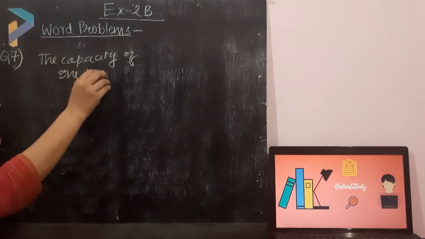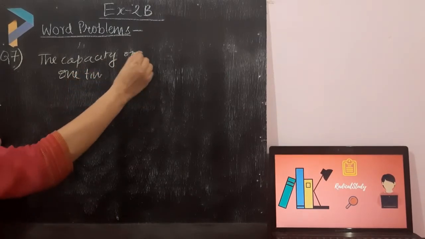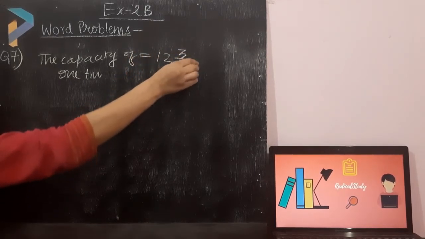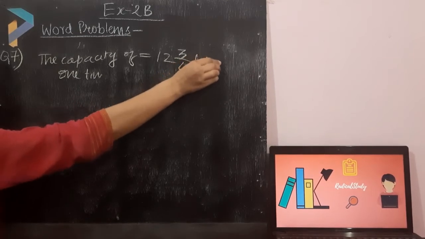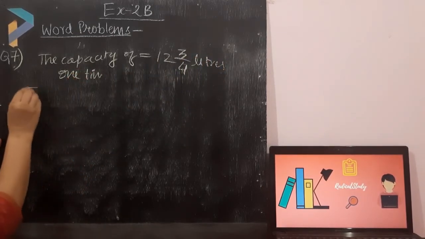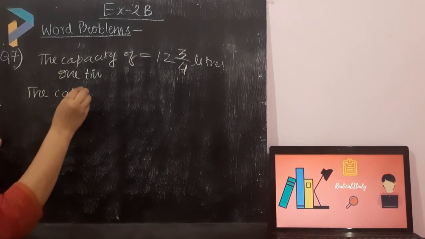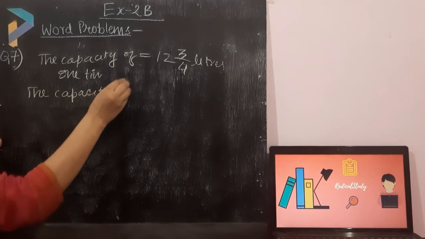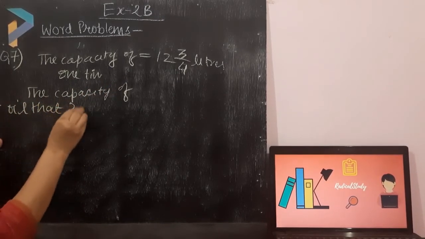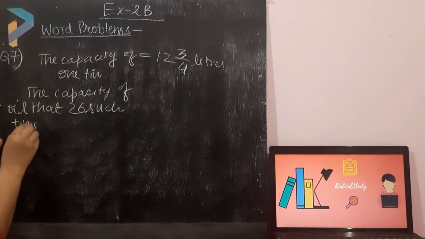So 1 tin holds 12 3/4 liters of oil. Now, how much oil can 26 such tins hold? So, अब ऐसे 26 tins में कितना oil आएगा? The capacity of oil that 26 such tins can hold